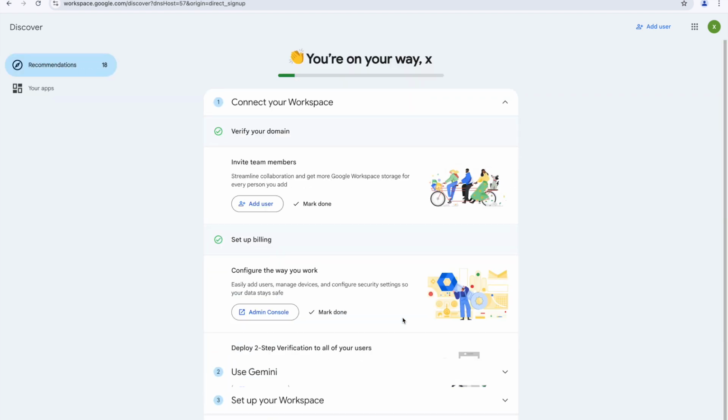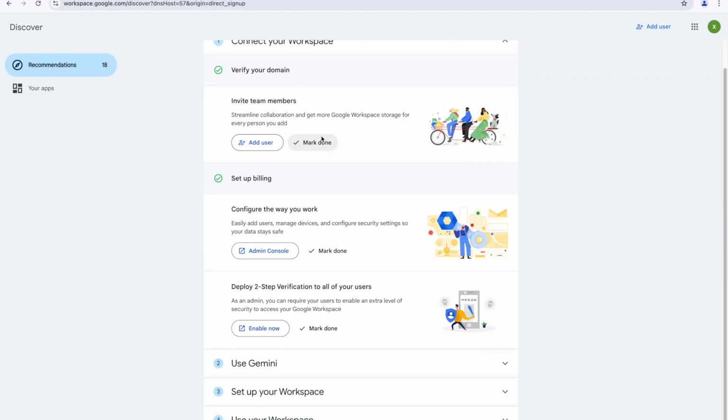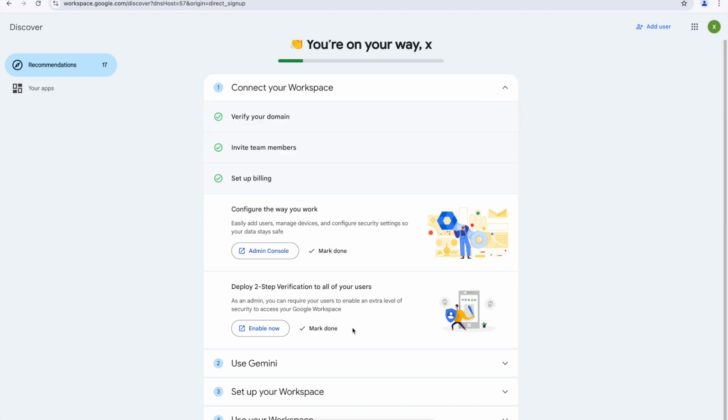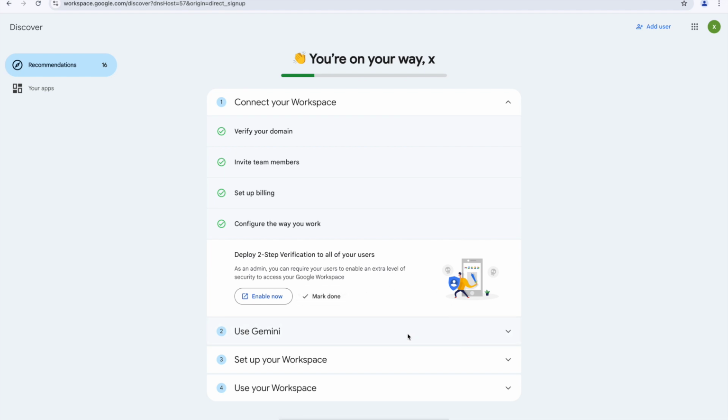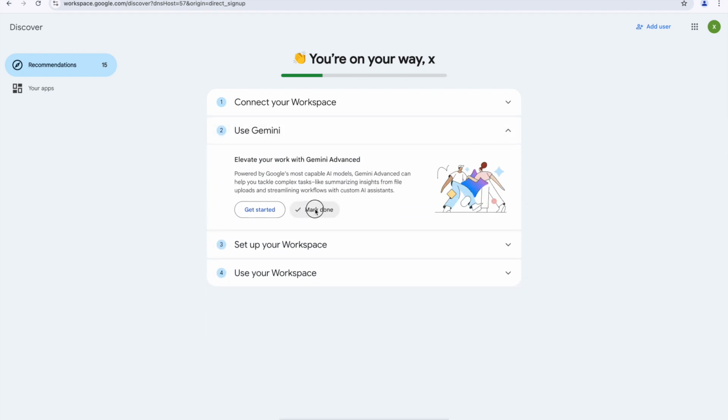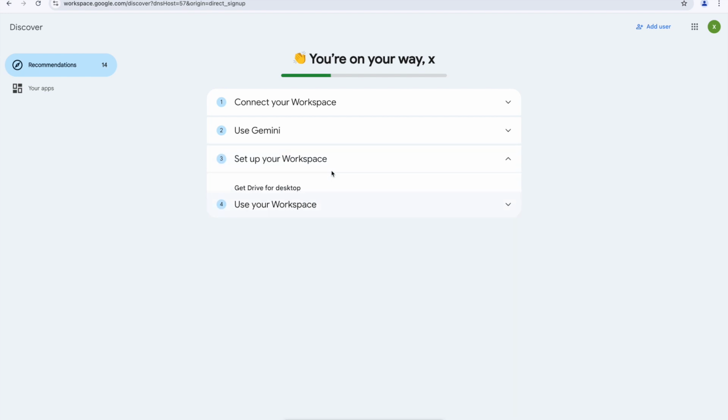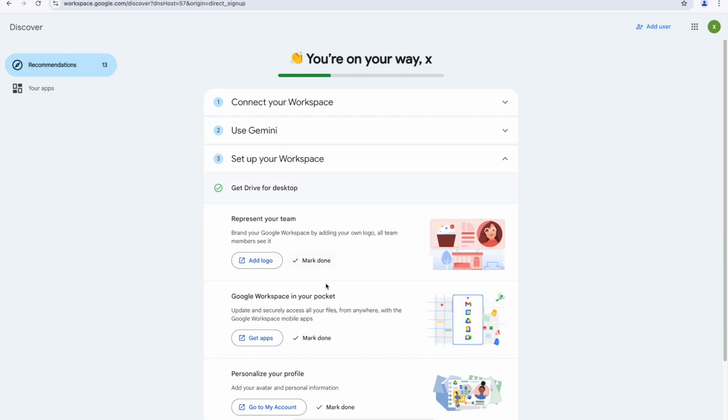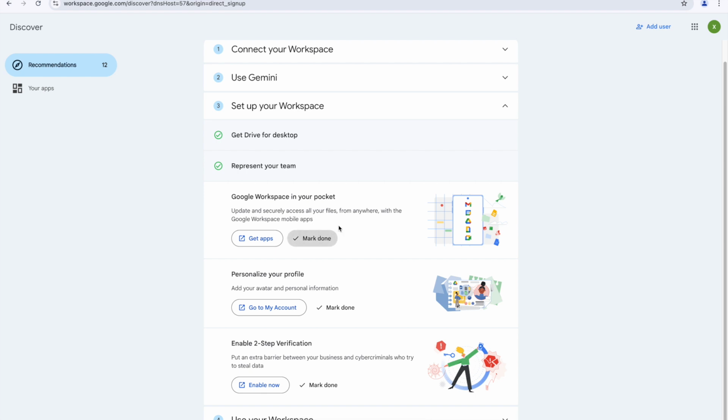No need to answer this. A couple different things to do that it's recommending. However, you don't actually need to do this. So I would just mark done with all these because this is not going to matter. You definitely don't want two-step verification. And then once you have all these marked, we're going to get to the next step, which is an overview